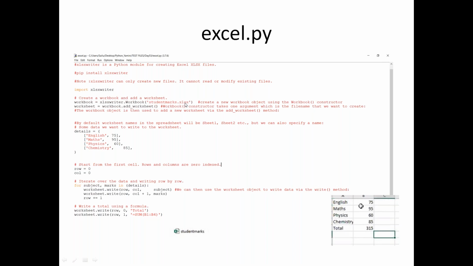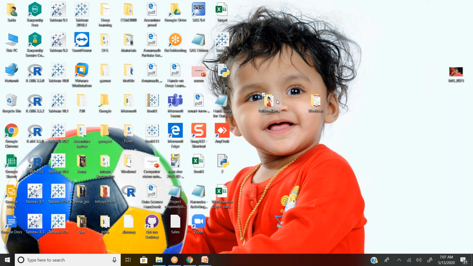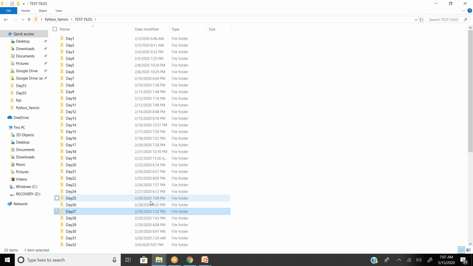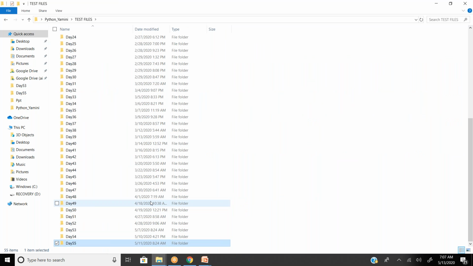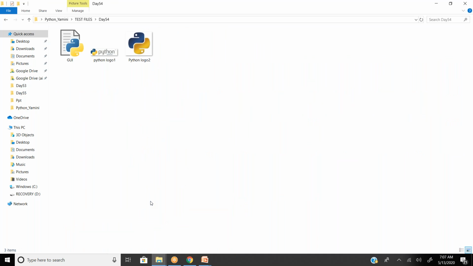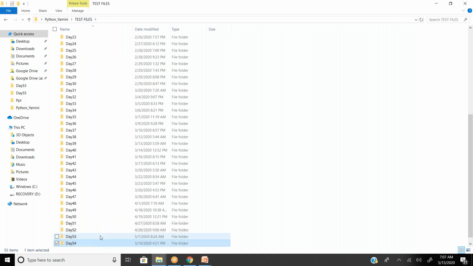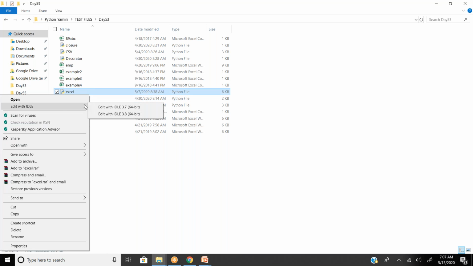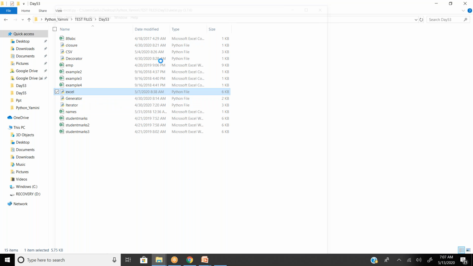So student marks.xlsx. Here there is another catch. Wherever you open your Python file, for example, my Python files are here, and my CSV Excel file is here.